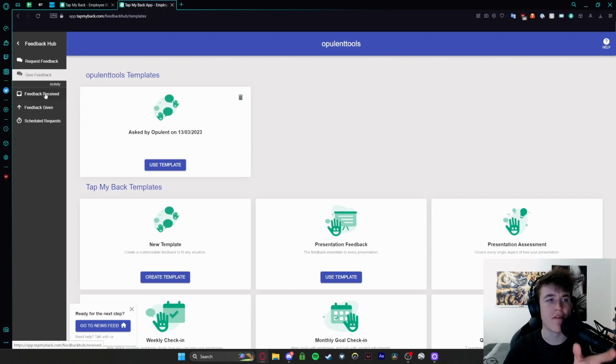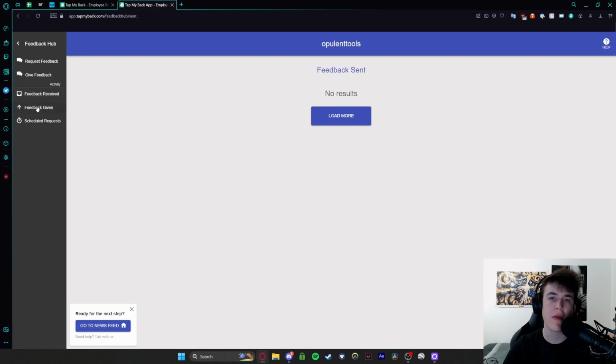Now on the left, we have feedback received, feedback given, and scheduled requests. This is for you to be able to see what you've received personally, what you have given to people, and what you've said to people, so that if you want to refer to that at a later date, when somebody wanted you to double check what you meant by something,